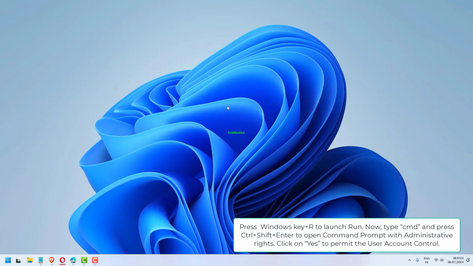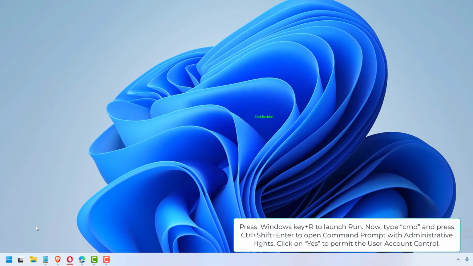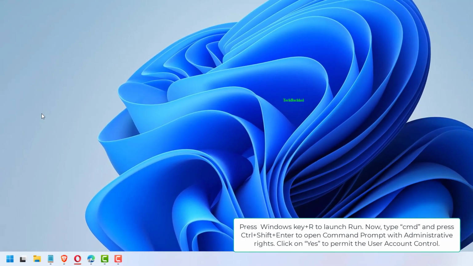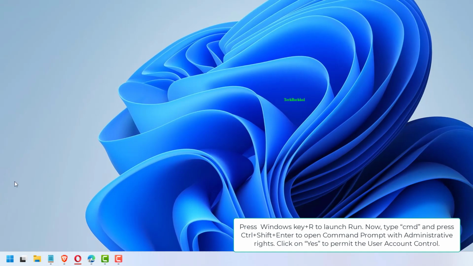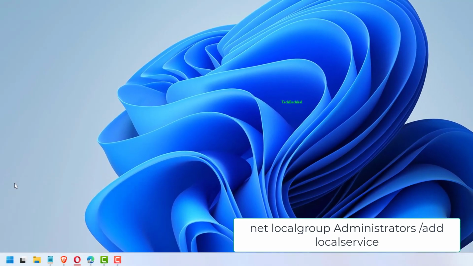Press Windows key plus R to launch Run. Now type CMD and press Ctrl plus Shift plus Enter to open Command Prompt with administrative rights. Click on Yes to permit the User Account Control. Now type or copy-paste these commands one by one in the Command Prompt window and hit Enter after each of them